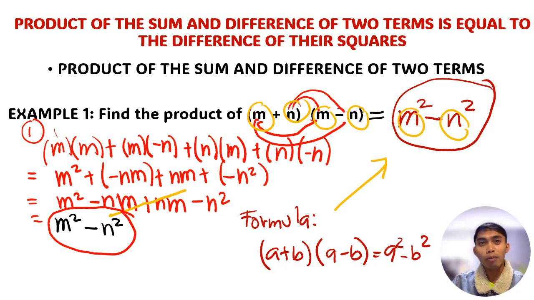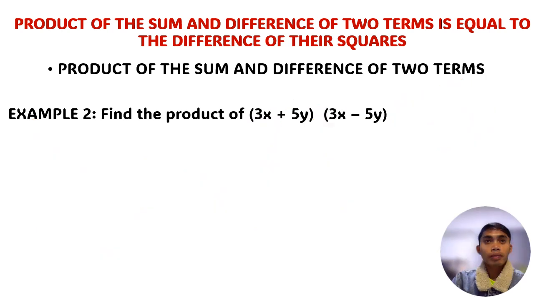Okay, so let's have example number 2. We need to find the product of 3x plus 5y times 3x minus 5y. So as we all know, we have the given formula, which is,